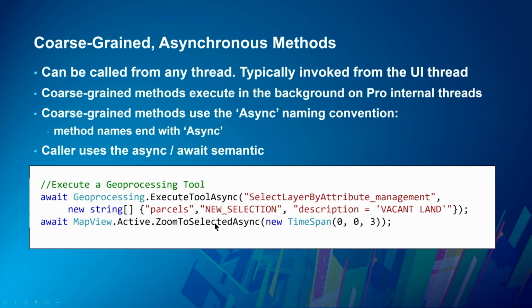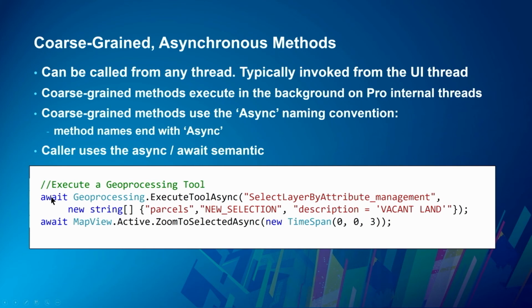Now, the problem here is we know an async function returns to you immediately before it even starts processing in the background. If in my next line I want to use this selection, that would be a problem because who knows when that's going to finish. That where clause might take seconds or even, who knows, minutes, right? If you have a large data set, so it's a problem. So this is where the